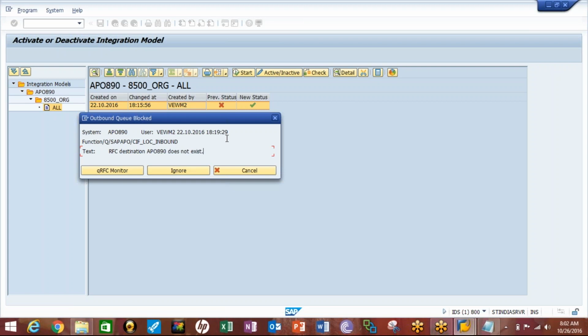Which system is this? Can you give details of this? Is it IDS? Okay. So for IDS, I think the RFC destination is. Can you cancel it, please? Can you go into SM59?